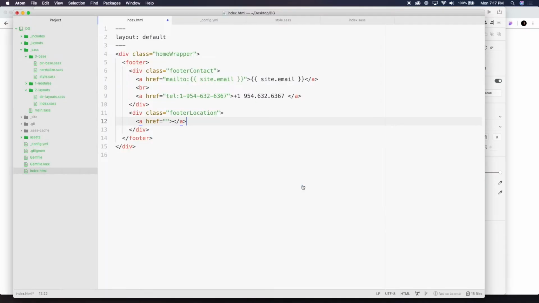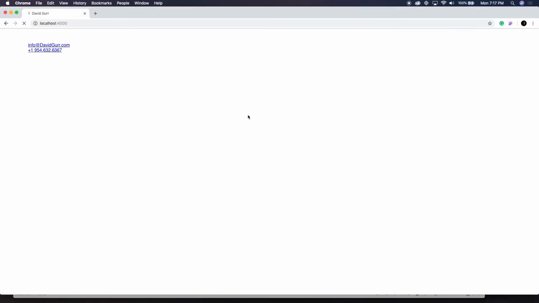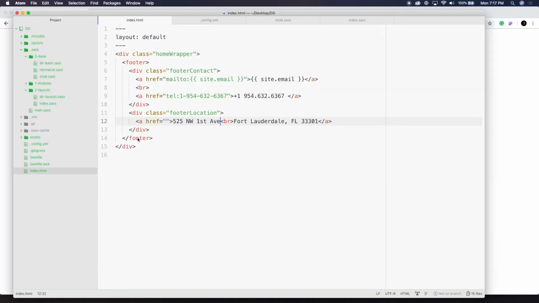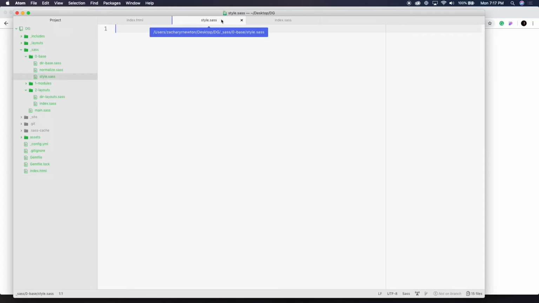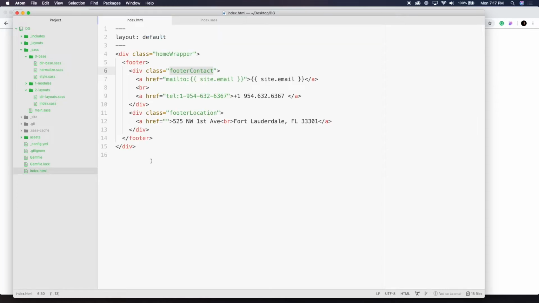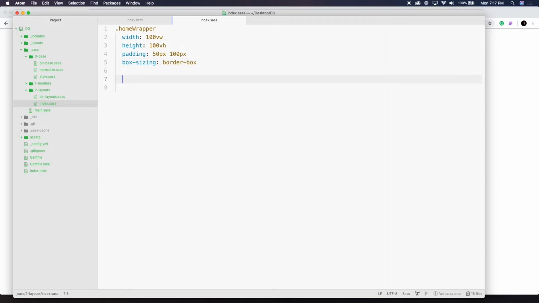But for now, we'll throw this into the actual text. And I'll break it here. That way we're following this similar layout. Let's go ahead and grab our footer contact. We don't need the config file open or that. Let's go over here. Footer contact. Let's see